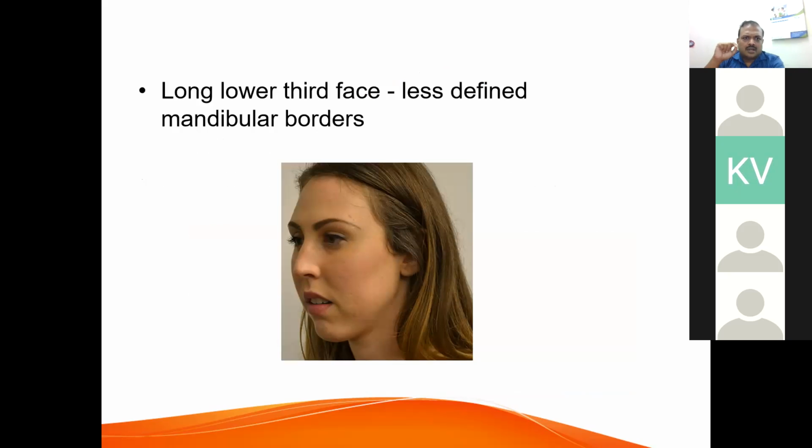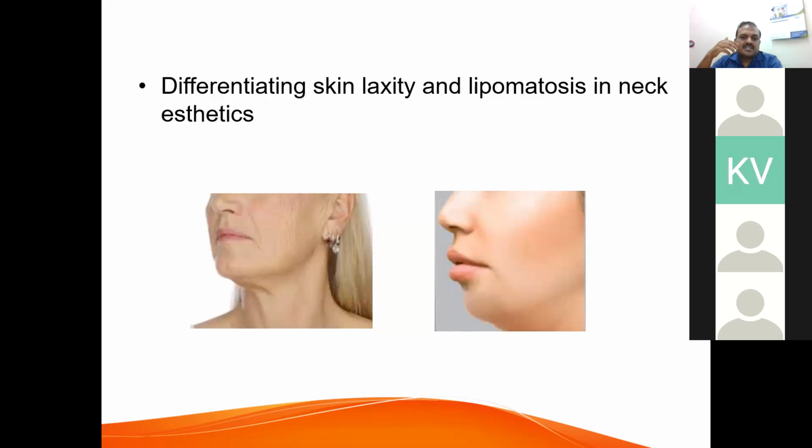So the lower third of the face in this patient will have a less defined lower border of the mandible. The patient has a vertical excess and the mandibular borders are not defined. If we do an advancement of the maxilla or mandible, then you can have a defined border of the angle and the lower border of the mandible. Some patients have a less defined lower border due to skin laxity. To assess the skin laxity, gently knead the skin and push, and see if you are able to re-achieve the lower border of the mandible and the angle.